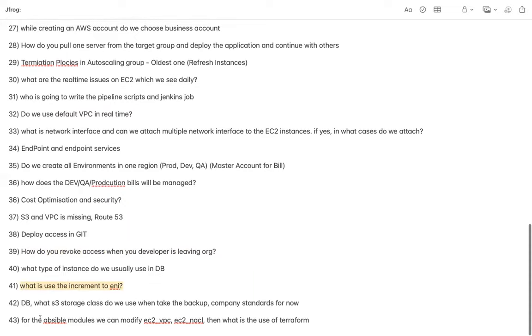Okay. So for DB, what S3 storage class do we use when we take a backup? Let me tell you, as I told you earlier as well. As and when we take backups, these backups are stored in a particular data store where we can read the data in real time, like a live data store.